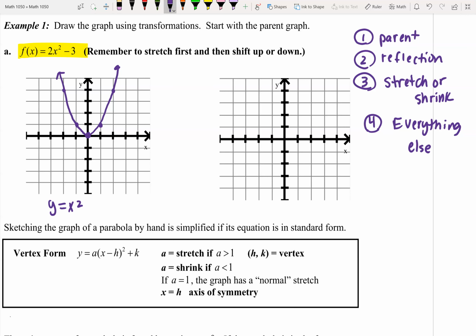No what in there? Tell me. No negatives, okay? Yeah, you have a -3. That means subtract 3. That's different. So no reflections. Do I have a stretch or a shrink? Yes. I do, okay? So what I'm going to do is I'm going to